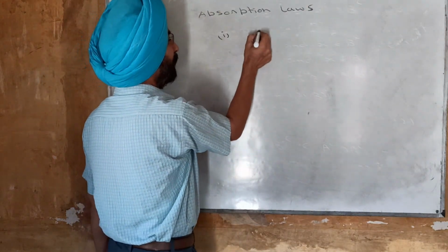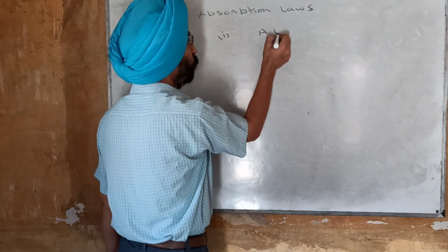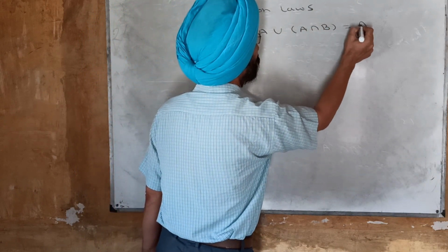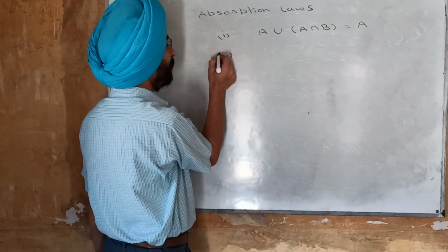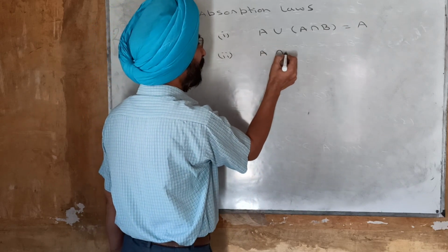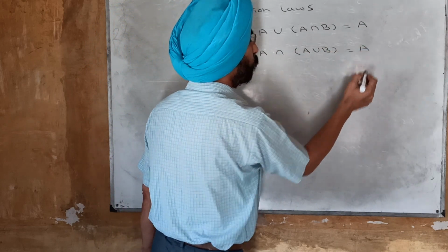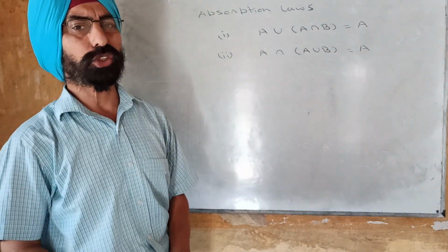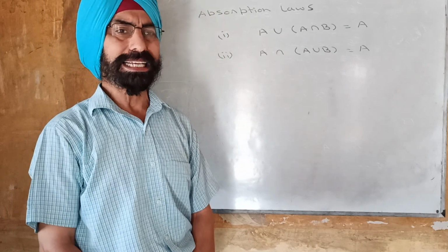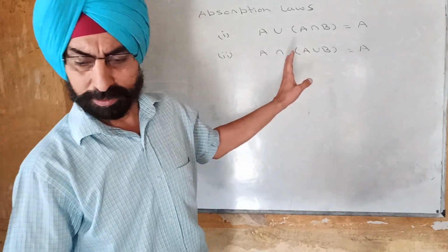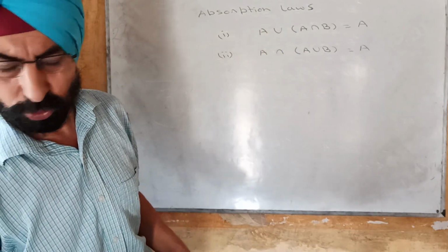Number 1, A union with A intersection B is A, and secondly, A intersection with A union B is also equal to A, and these two laws are known as absorption laws. And next I move on to